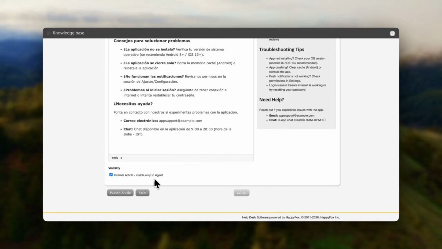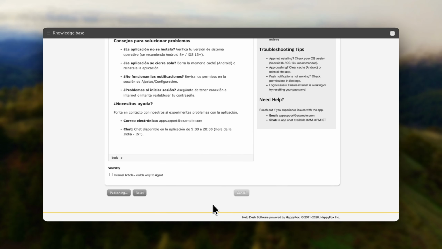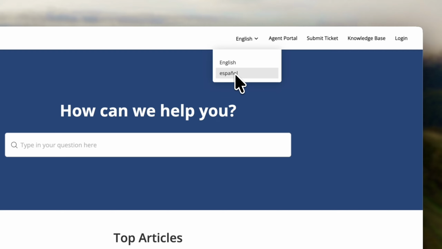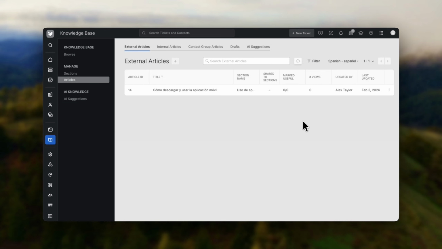Ensure the visibility is set to external to make it live for customers and click Publish. On the Support Center, customers will now see a language selector in the top right. When they switch the language, the translated article and the entire Support Center interface will appear in their chosen language. As an agent, you can also view all translated articles by simply switching the language dropdown inside the knowledge base